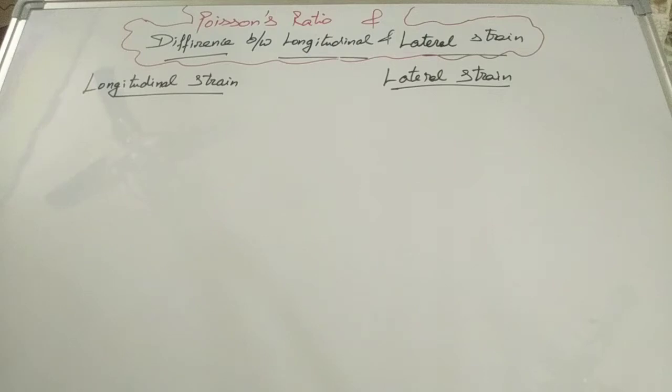It means under any type of load, majorly two deformations will be there in any body. First one, a deformation parallel to the line of action of force, and secondly a deformation perpendicular to, or at right angle to, the line of action of force. Clear guys? We'll try to explain with one more example.